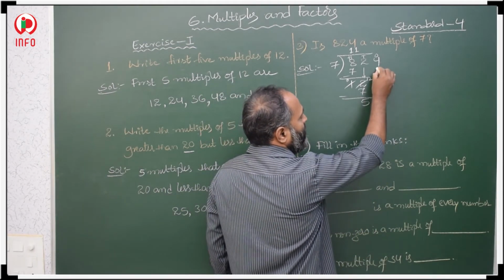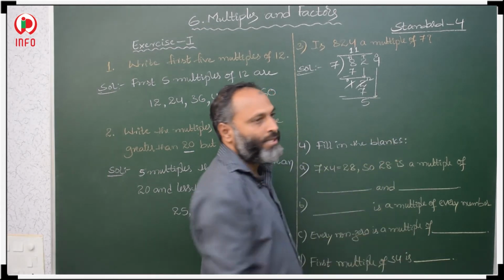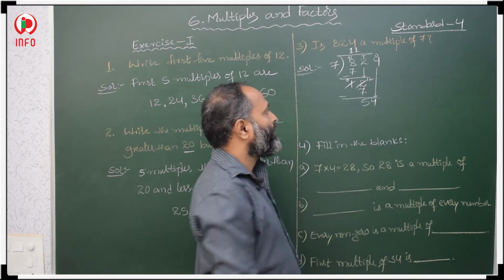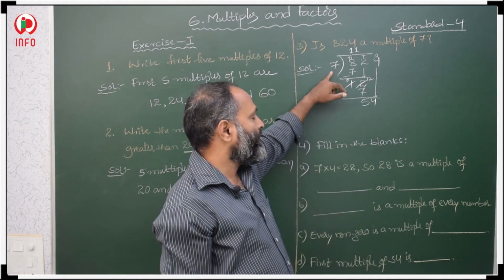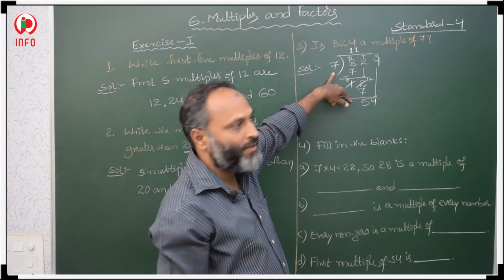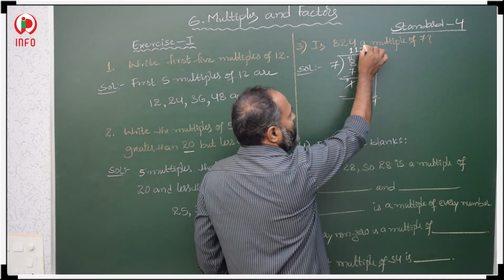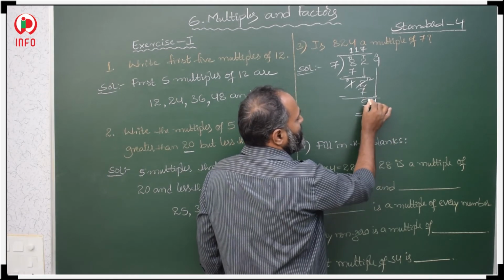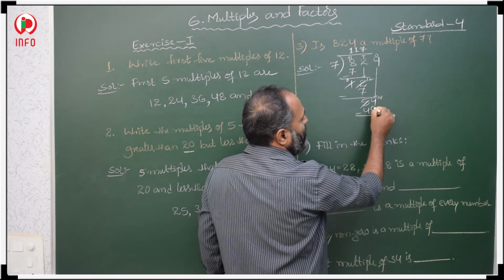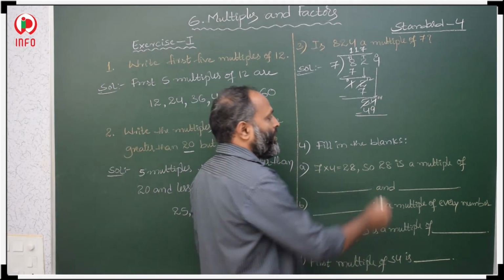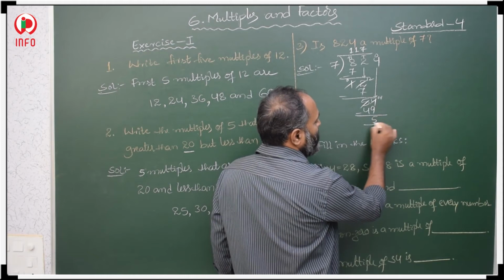Then after that copy the next place, that is ones place, in ones place 4 is there. 7 sevens are 49, 7 eights are 56, 7 sevens we have to take, 7 sevens are 49. Then minus, 14 minus 9, 14 minus 9 is how much? 5. Here remainder is 5.